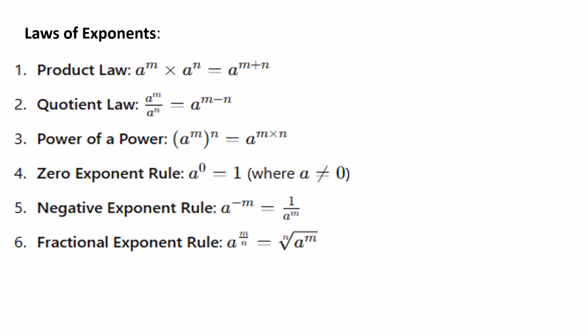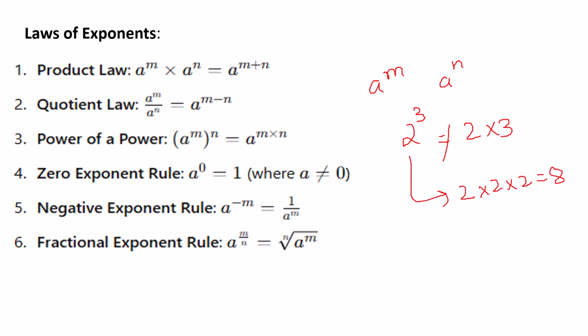सो हम बचपन से पढ़ते हुए आ रहे हैं इंडिसेस, पावर। पढ़ा है हमने बचपन में कि पावर क्या होता है, पावर कैसे वर्क करता है। हमने देखा होगा कि a टू द पावर m मैम लिख देती थी, a टू द पावर n, और समटाइम मैम लिख देती थी 2 टू द पावर 3, और कहती थी 2 टू द पावर 3, 2 इंटू 3 के बराबर नहीं होता। राइट। लेकिन 2 टू द पावर 3 किसके बराबर होता है? 2 इंटू 2 इंटू 2 विच इज 8। राइट।